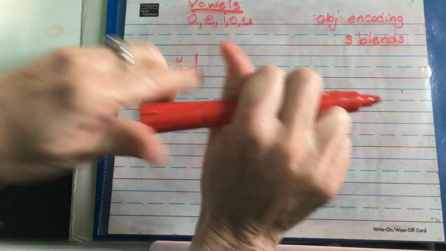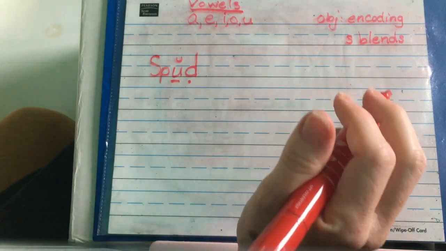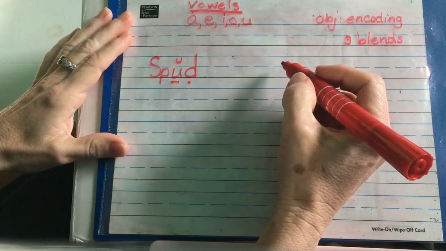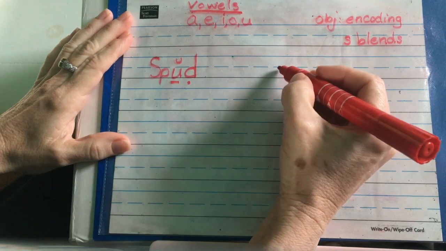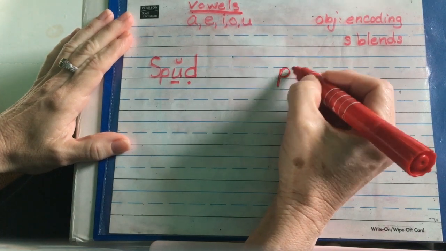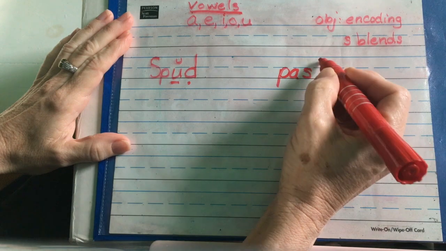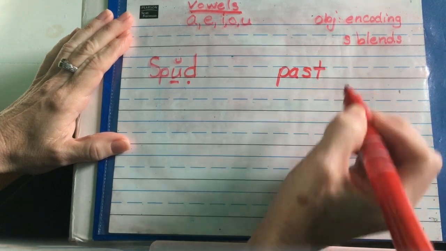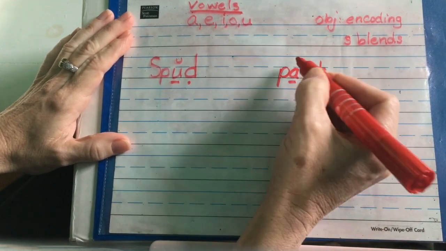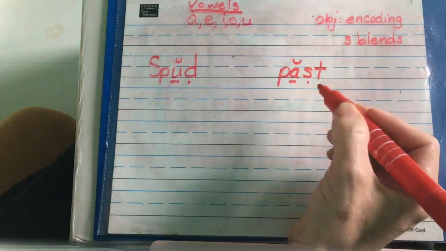When you get going, you might sound out the word in your head and then just write it down. I'm doing it loud so you can hear how I'm writing it. Past. And there's my S blend at the end. I have one vowel followed by a consonant, makes it a short vowel sound, so I know I've spelled that